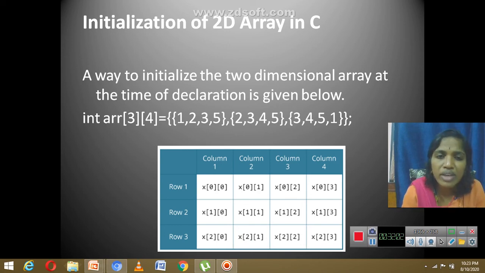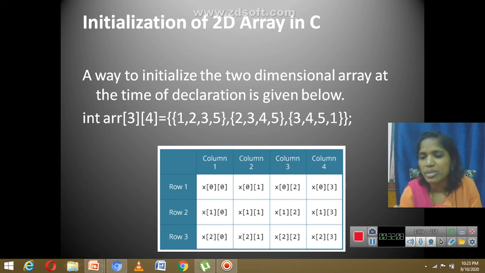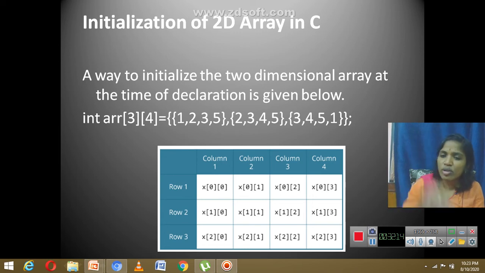A way to initialize the two-dimensional array at the time of declaration is given below. Initializing means adding the values. So int array of 3 by 4, 3 rows, 4 columns. This is the figure I have shown you. For rows, the loop variable goes 0, 1, 2.